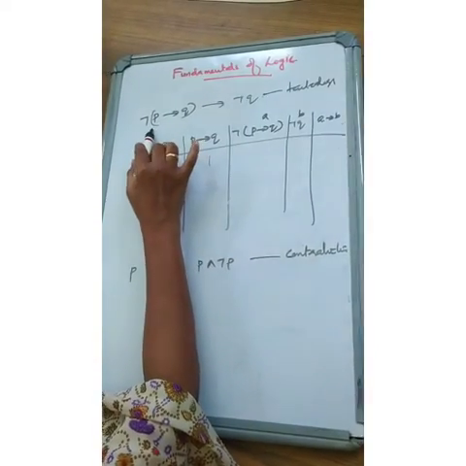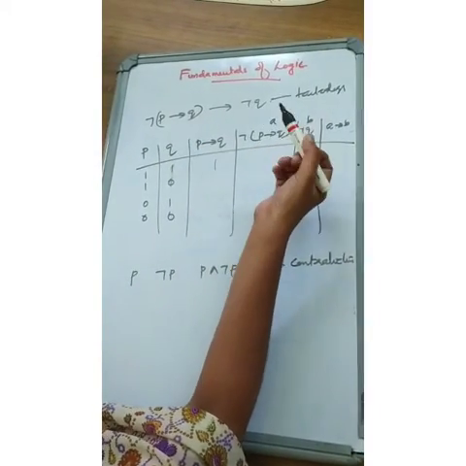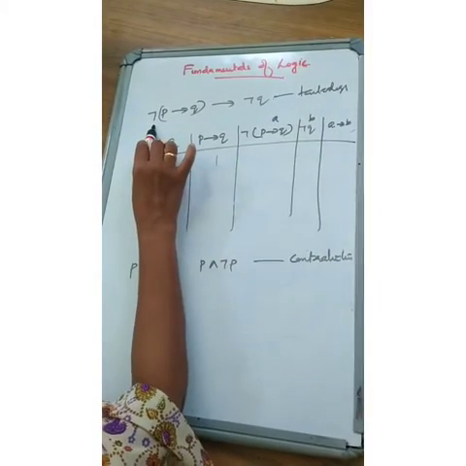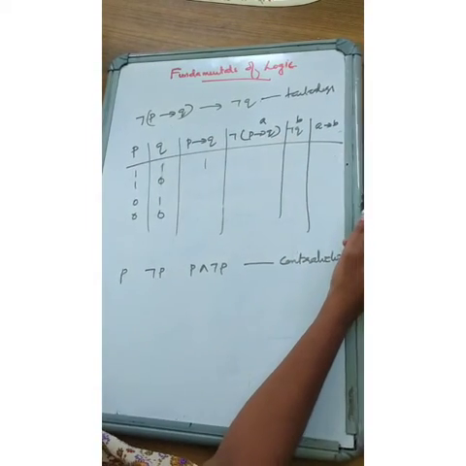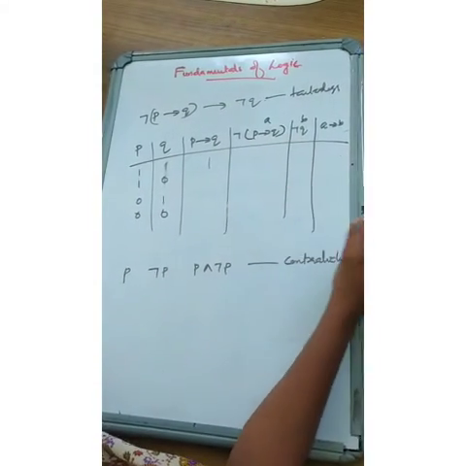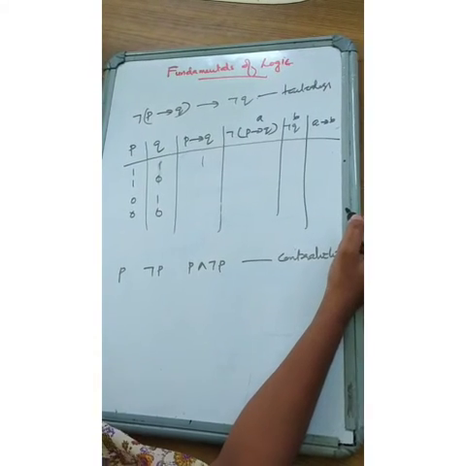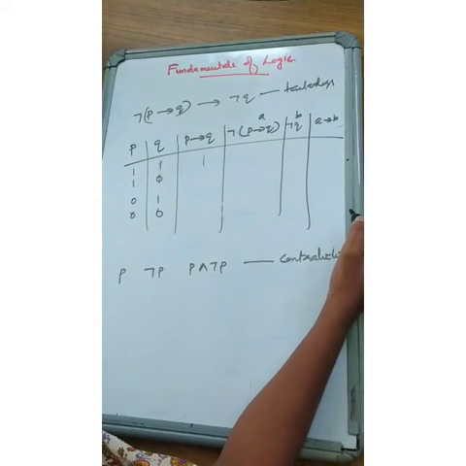Okay, next we are going to check how to identify a tautology from the truth table. Negation of (P implies Q) implies negation Q. Prove that this is a tautology. Usually there is a question from this section in your university examination. Check whether it's a tautology from the truth table.